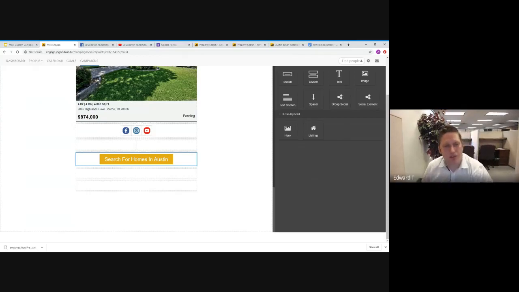The next thing I want to show you is get people to sign up and request a CMA, right? They don't need to sign up for the newsletter. They're already getting it. But you could do the same thing. So this button module here, you could use it. You could create a button, or you can drag in the image content module